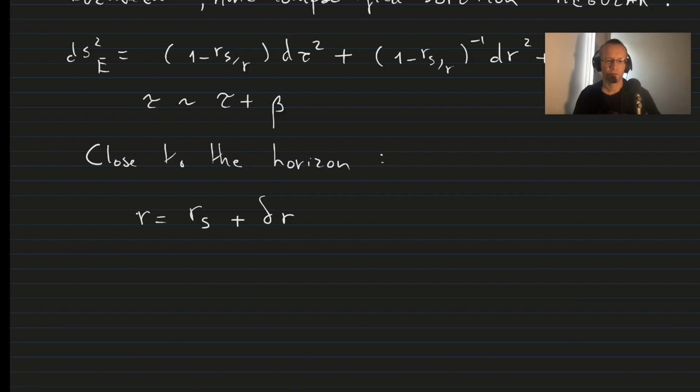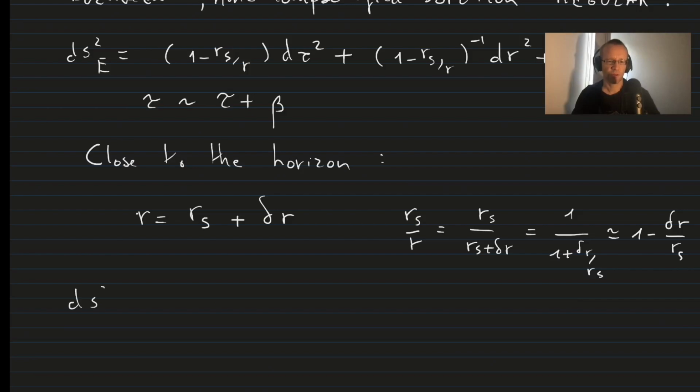And for that, it's useful to have the expression for Rs over r, which is nothing but Rs over Rs plus delta r, which is 1 over 1 plus delta r over Rs, which is approximately equal to 1 minus delta r over Rs. So if we plug this into our metric and compute our metric to first order in delta r,